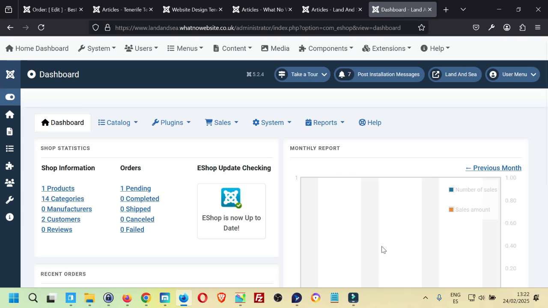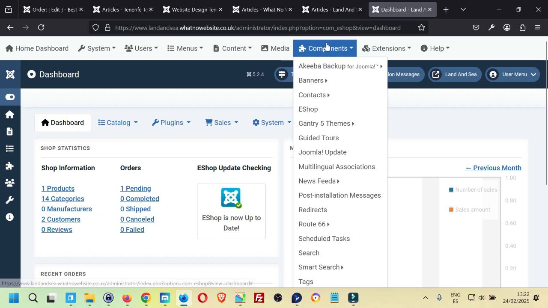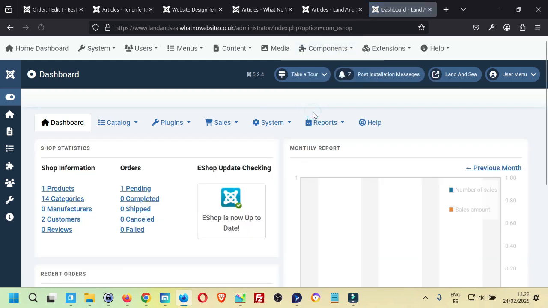Right, in this video we're going to cover the eShop configuration. It's only a brief overview of the configuration, and the reason is once eShop is configured, you'll never touch it. So it's handy to know where things are, but you don't really need to go into this in any kind of detail. Once you log into eShop, you just go to Components, eShop, you'll be presented with the home screen